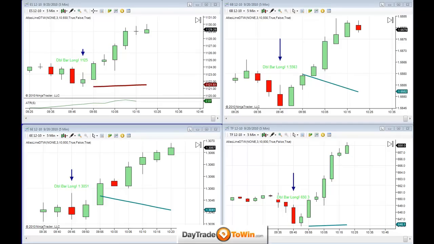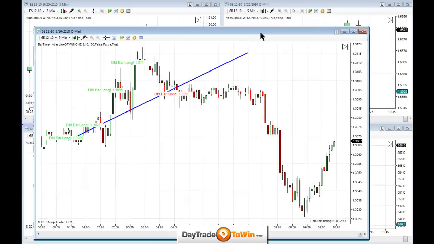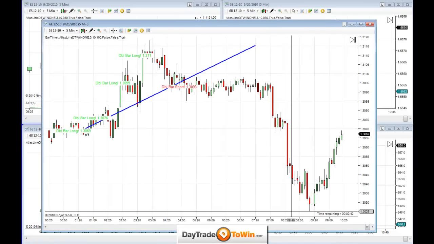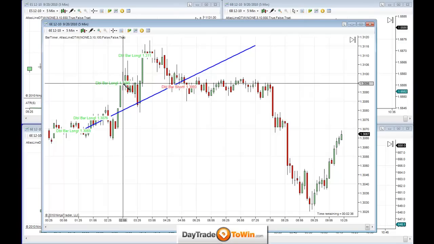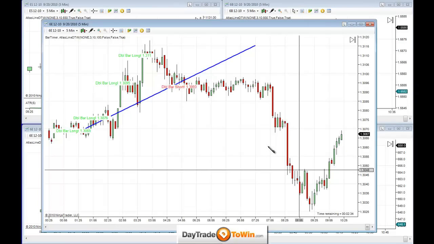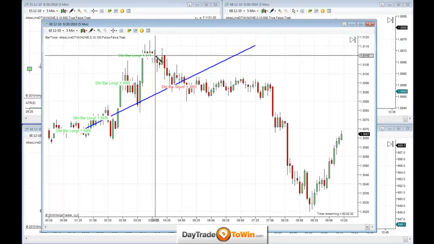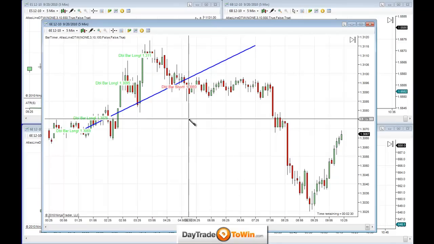Okay, so as an example, here's the euro overnight. Okay? So overnight, you can see that we had these long trades telling you to go long here, overnight the euro, long there. This long did not work out here. You see that? And then it told us